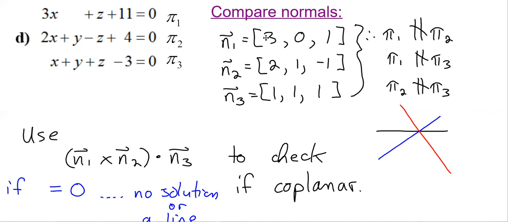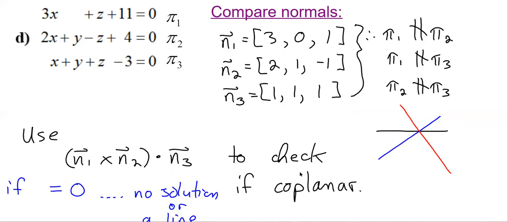So is the first normal a scalar multiple of the second one? Absolutely not. Is the first one a scalar multiple of the third one? Absolutely not. Is the second one a scalar multiple of the third one? Well, I need to double this one because this one is a 2 in the first x location. So no, absolutely not. So they're not parallel. So you have this kind of situation. So none of them are parallel, but